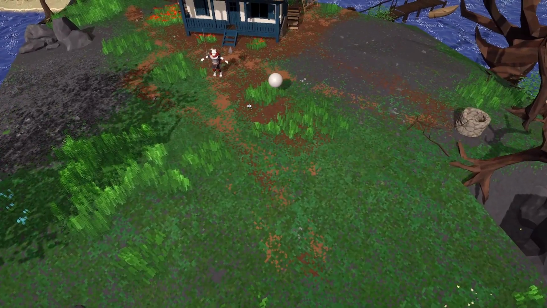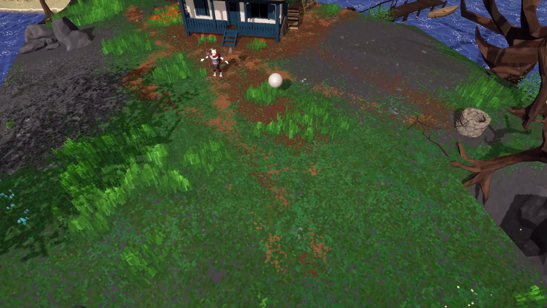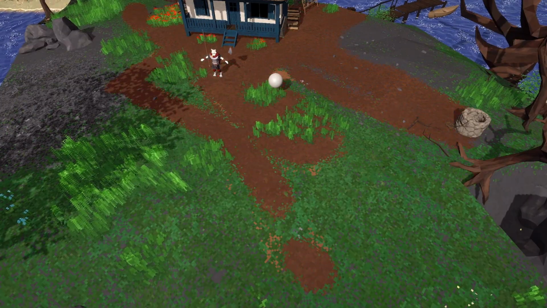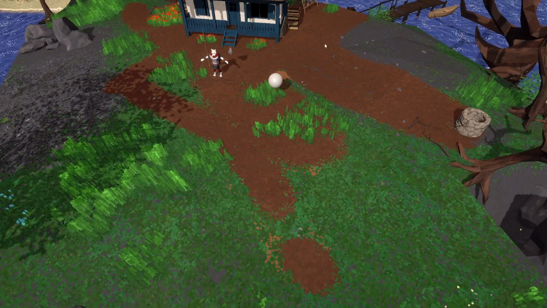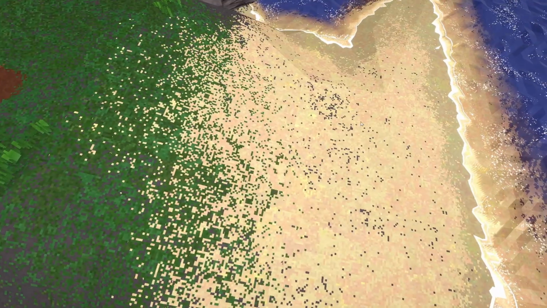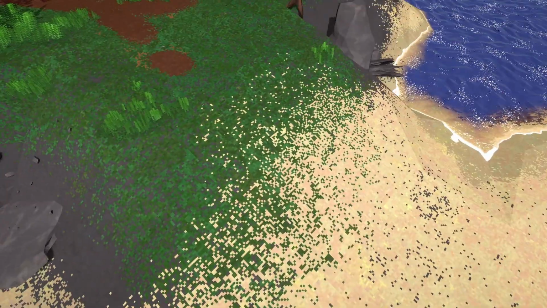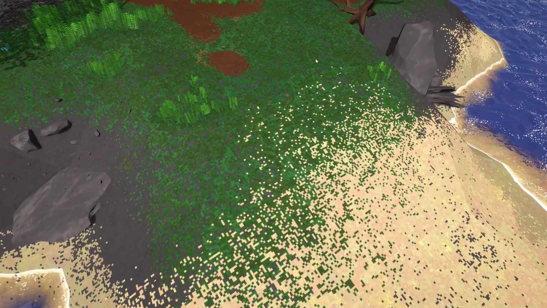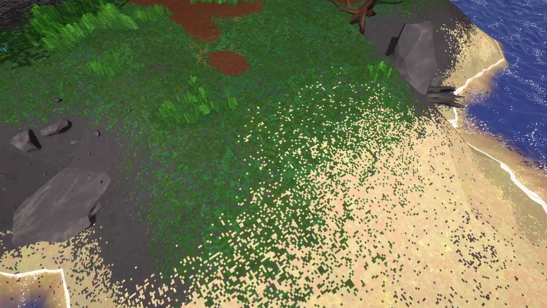Or for example, if I want, let's say it rains or something, I can make a layer of mud appear from below the grass and just take over. It's a pretty neat shader that not only allows me to use small textures blended nicely together, but also lets me dynamically change the environment to suit my needs.